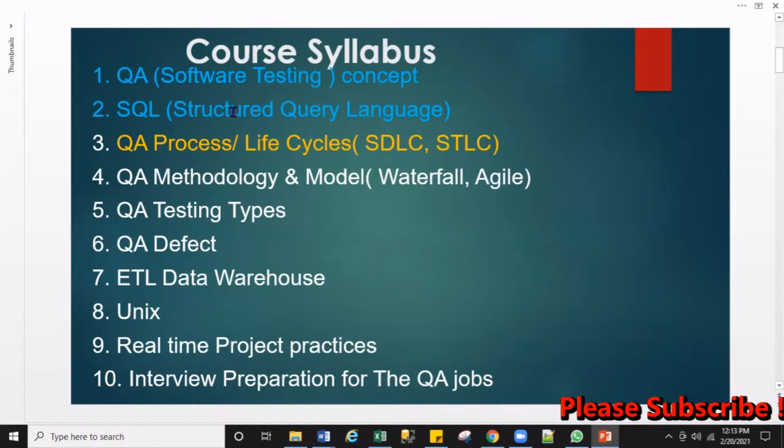We are still continuing learning the QA process, which is the QA life cycle. In the last video we completed the software development life cycle. From today, in today's video, we will be completing the software testing life cycle.